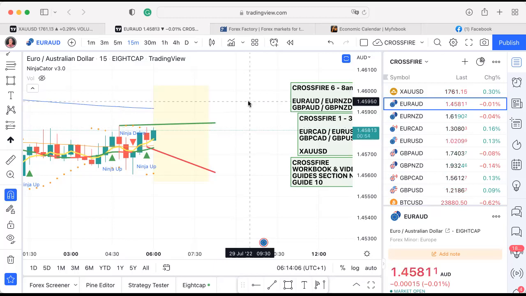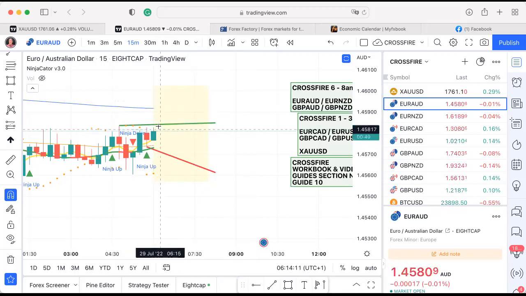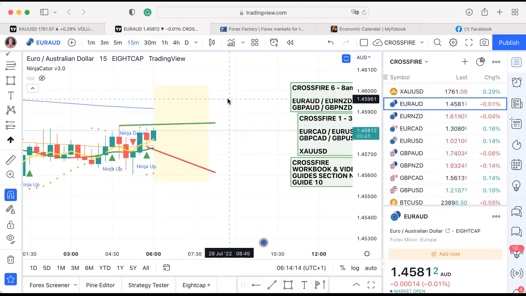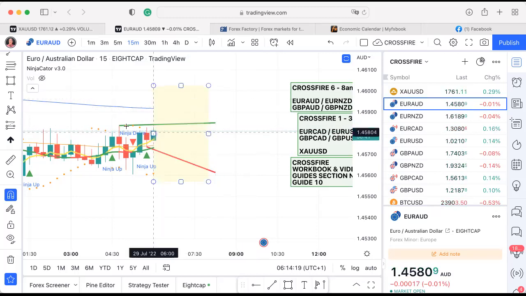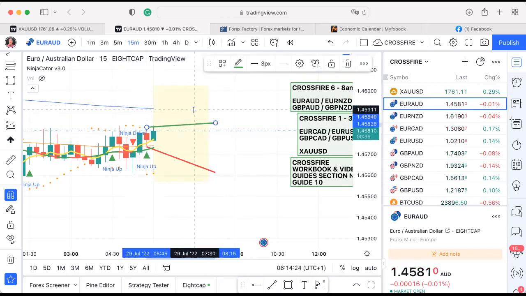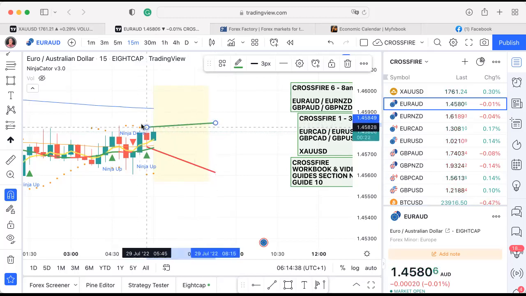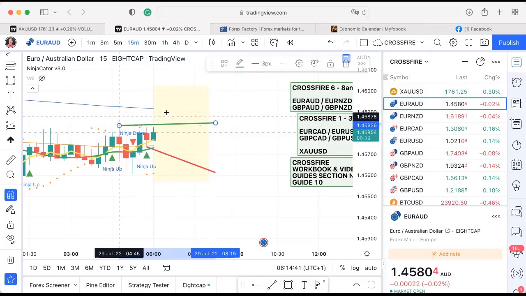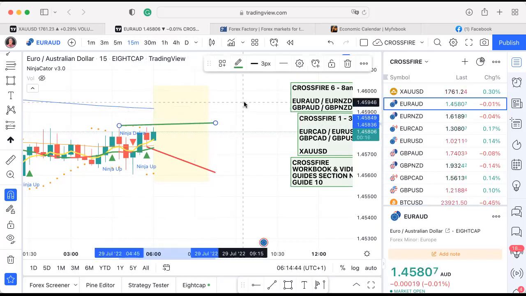But having said that, we've got another minute left, and there's always a chance that wick will move upwards before we get to the 6:15. But don't worry about being 100% accurate. If you put your trend line from that candle there, it would still work out okay. Except the reason I would avoid that is that you can see what's happened there. It's now ending up with an upward angle on the green trend line, and ideally we want a downward angle on the trend line. But don't worry about it. It's not crucial.